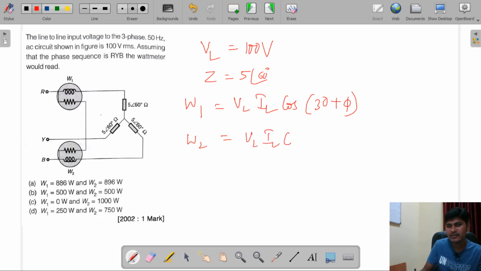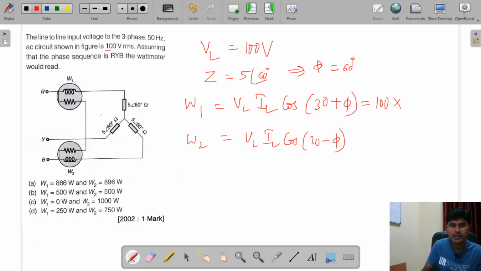VL IL cos of 30 minus 5. Here, from this, the phase angle phi is equal to 60 degrees. So what is VL? VL is 100 volts. We have to find IL, right? So IL will be,